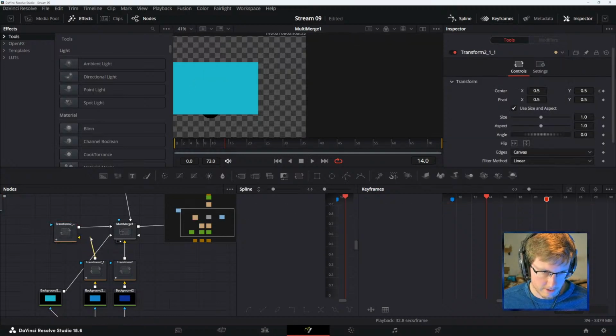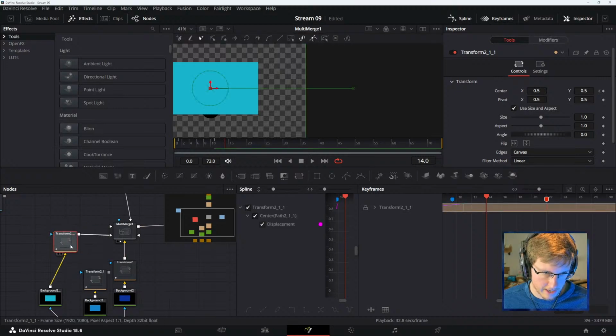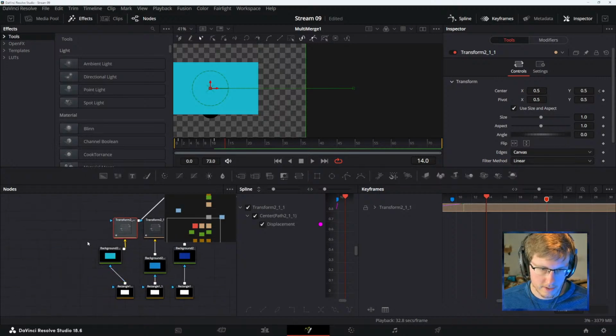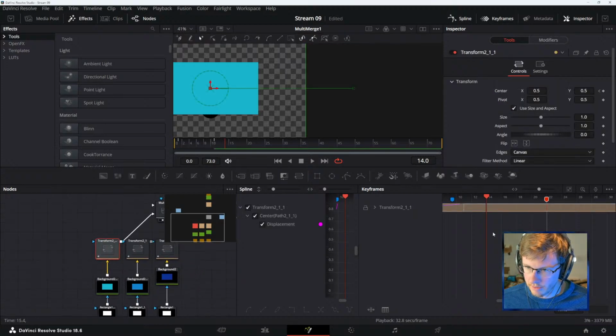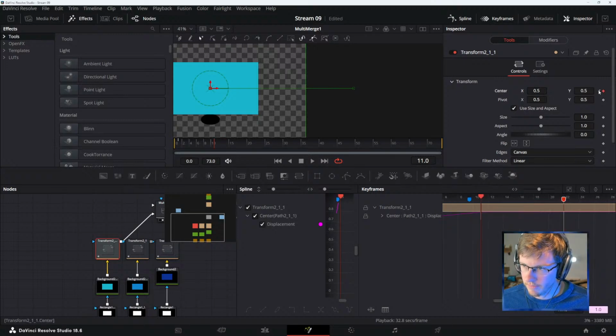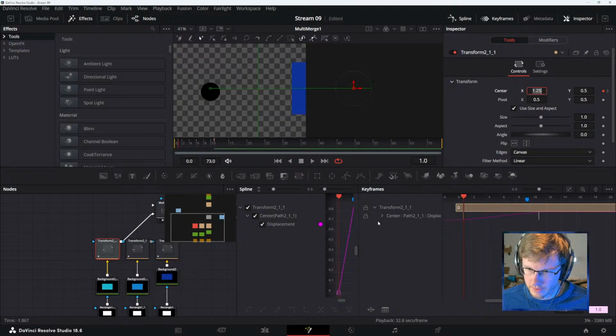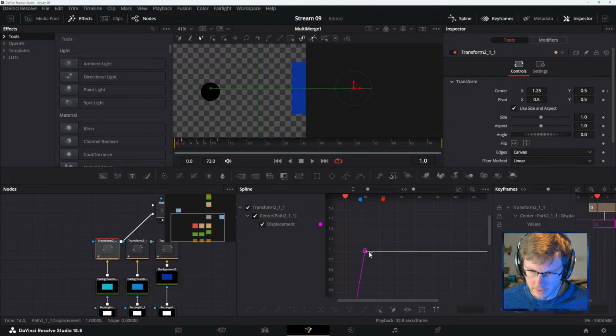Don't want that. We want this part of that. Okay, and this one, same deal. We got the same transform. We want to just move it over one more. Okay, that's easy enough. You can just drag it.